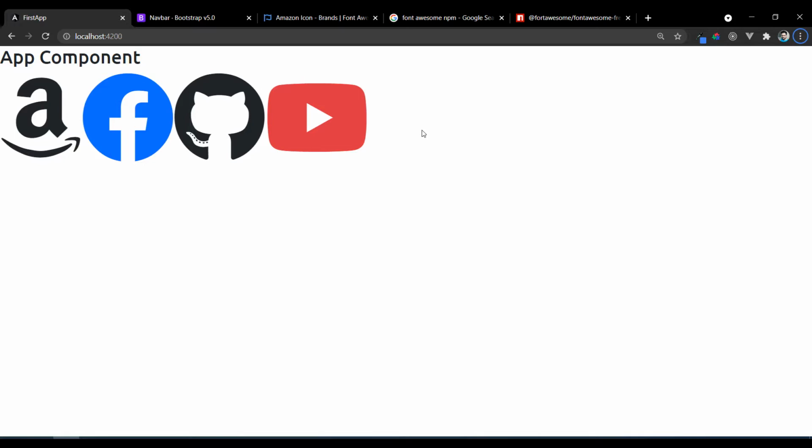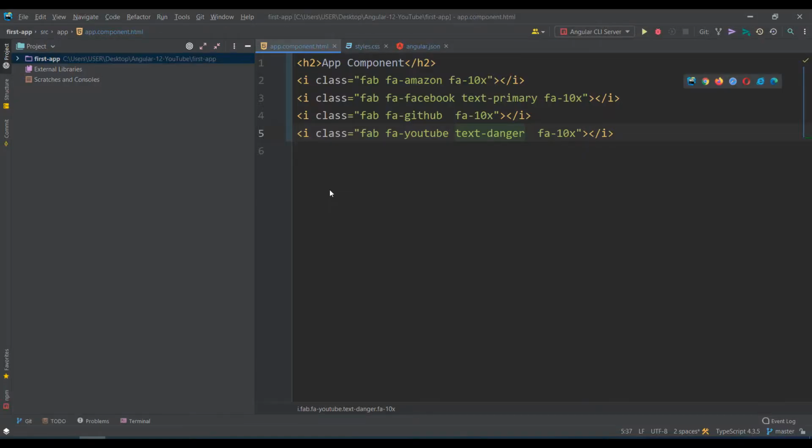Fine. So in this video we have configured how to add your own font for an Angular application and also how to configure the icons for your application. In the next video we'll see how to start with the Angular concepts. First we'll start with Bootstrap configuration specific examples, and then we'll see the data binding examples and all.